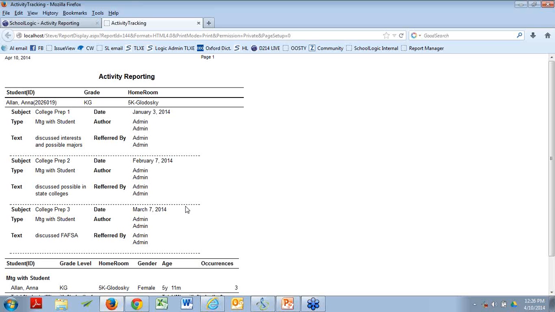I can only sort the order in which the students appear, okay? So when I run this report, if I have 20 kids, I get to sort which kids are where, but within a given student, it's going to be organized by date. So this is an example of the detailed activity report by student, and it illustrates quite nicely, in my opinion, that the subject you choose is probably the second most important part of this after type. We should also notice this text element here. Okay, now let's go see where that came from.